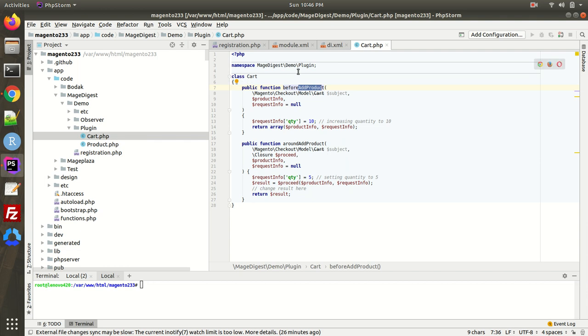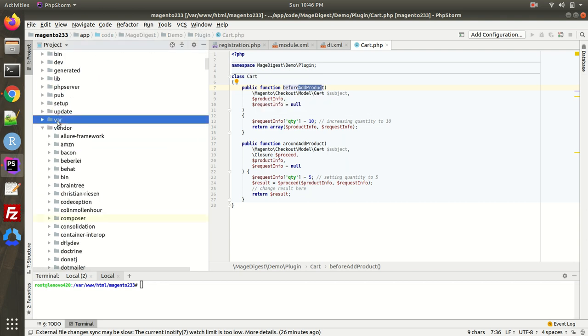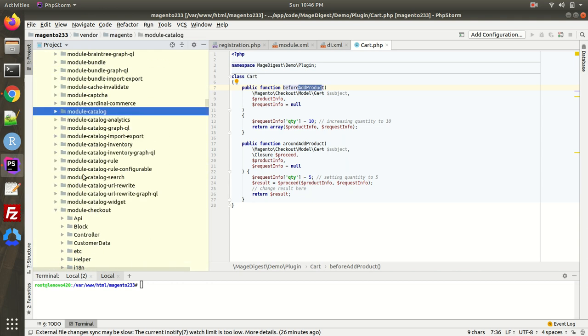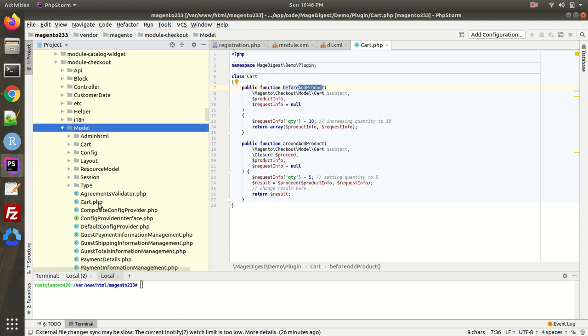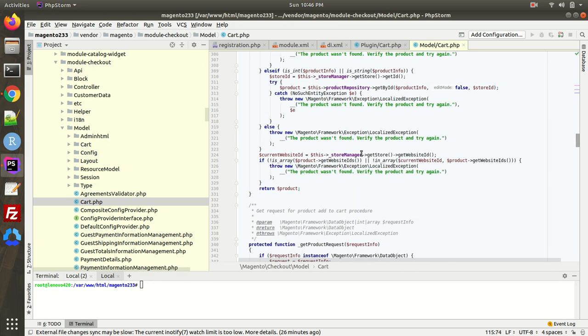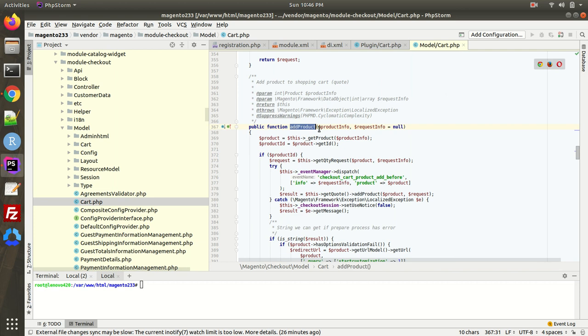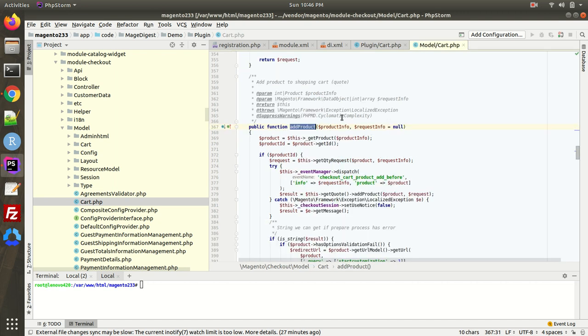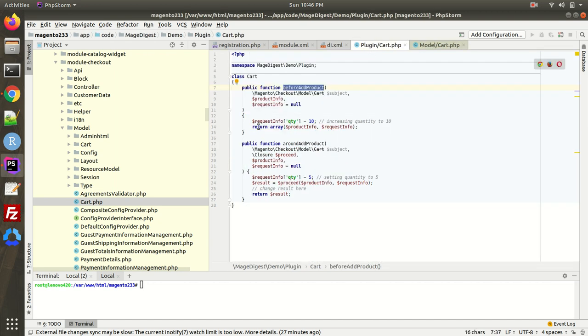So let me go to the core class. What is that? That is Magento checkout model cart. So I'll have to go to vendor and search for the model checkout. So this is not it, this is the checkout part. This is the model and cart.php. In cart.php, I have to look for add product, I guess. Yes, this one. See, add product. Since we are trying to observe this particular method and execute our code before this method gets executed, that's why we have used before add product. That means before this method, our code will be executed.